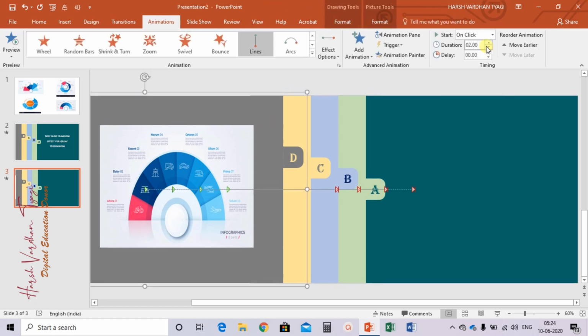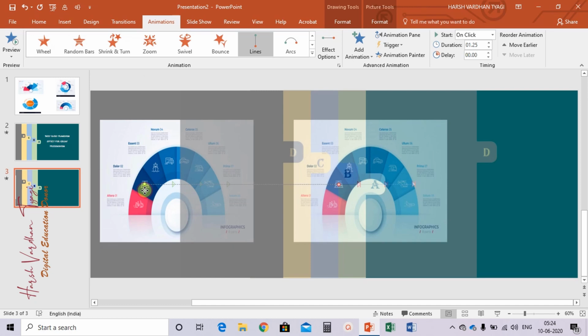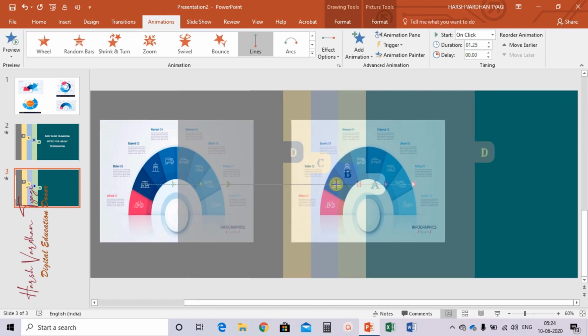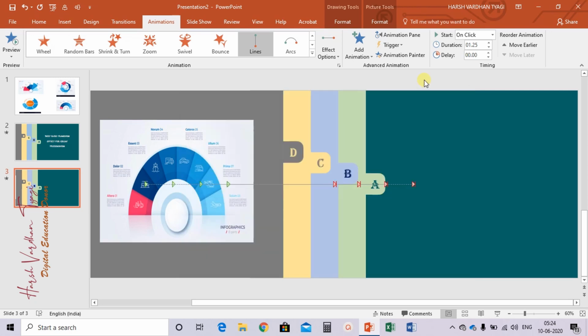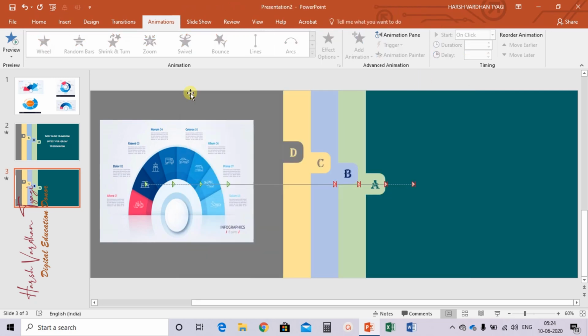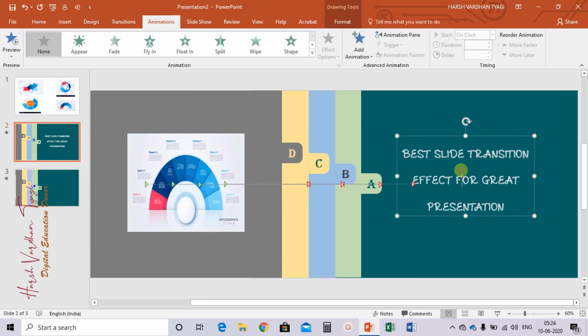Like this, 1.25. Fine. Okay, now in the last, what we need to do, we need to select this text part,